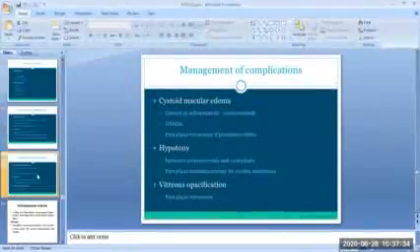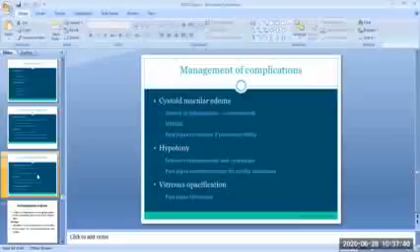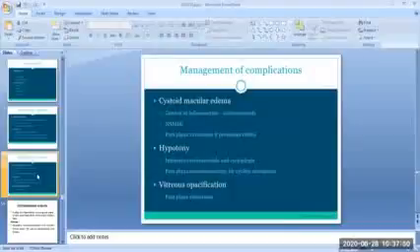In case of cystoid macular edema, inflammation is controlled by the corticosteroids. NSAIDs are given. Pars plana vitrectomy is done if there is persistent vitritis. In hypotony, intensive corticosteroids and cycloplegia are given. The pars plana membranectomy is done for cyclitic membrane. In case of vitreous opacification, the pars plana vitrectomy is done.